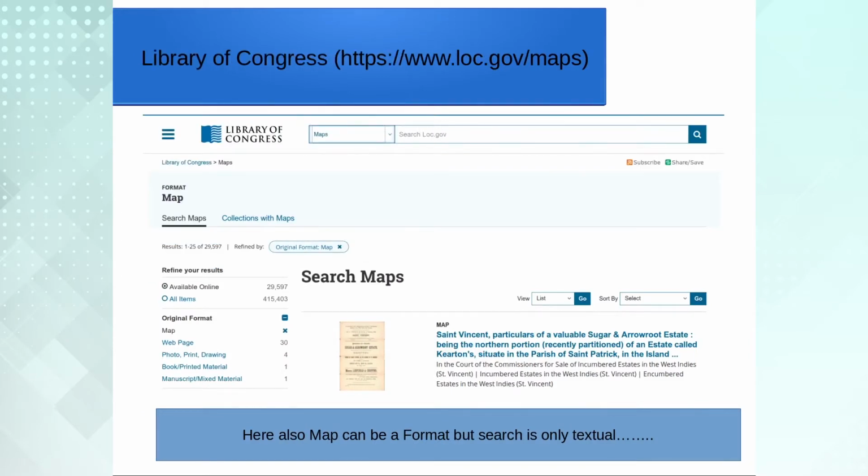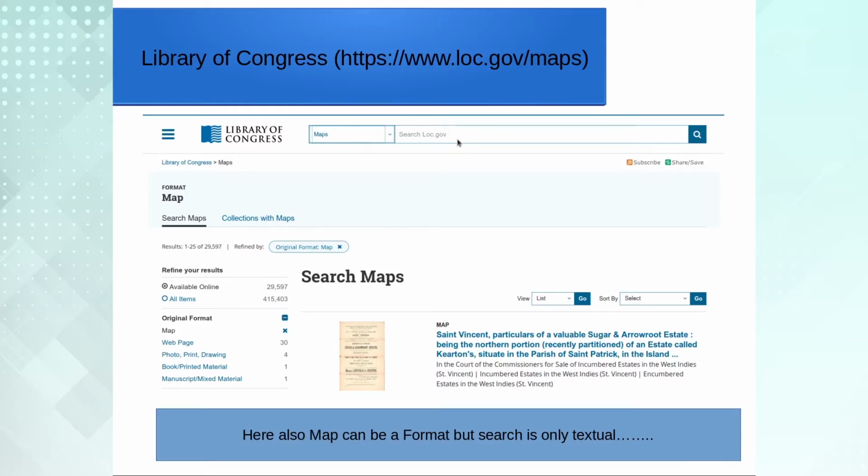So, this is the Library of Congress, possibly the largest national catalog in the world. Here also you can see I can search maps by selecting the format as map, but search is still textual.